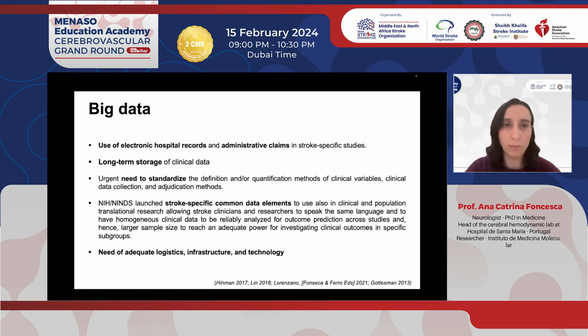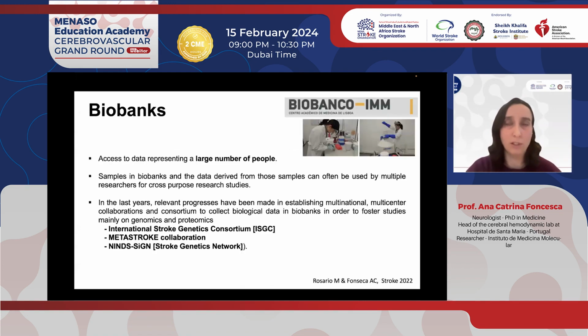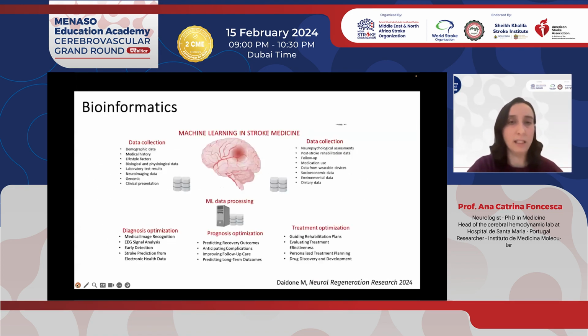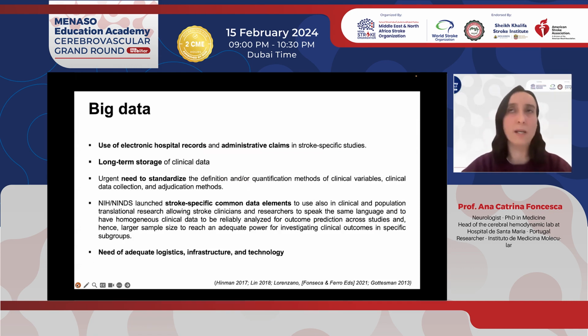And also, there's a very important point. We need to standardize the definition of the terms that we are currently using. For example, when you think about the variable hypertension, we have to be sure that we all agree on what hypertension refers to. What do you mean when you say that the patient already has hypertension? Are you saying that taking into account their personal history? Have you gone through health records? Are you thinking about a specific value of blood pressure? So we really need, in order to practice precision medicine, also to standardize the definitions.